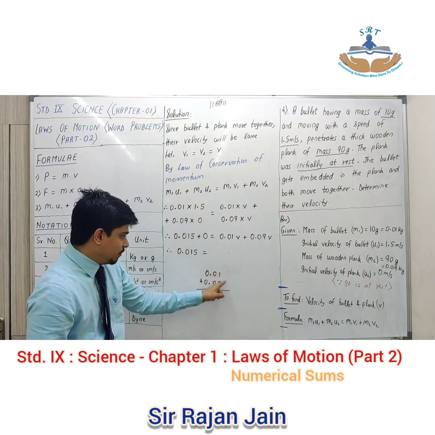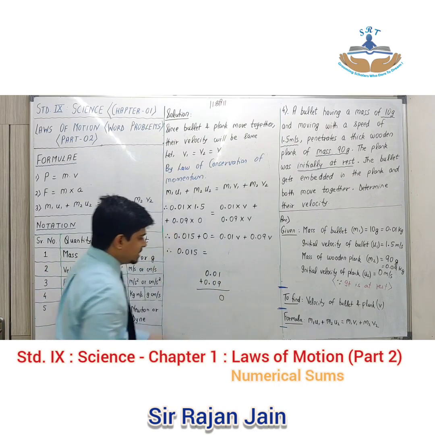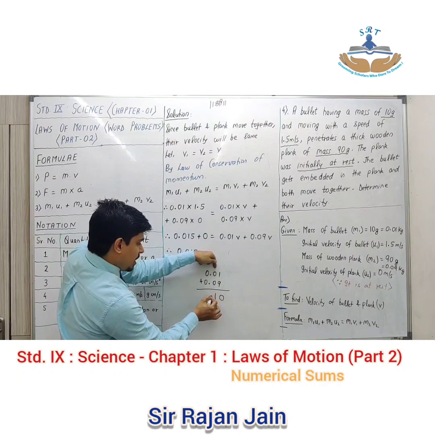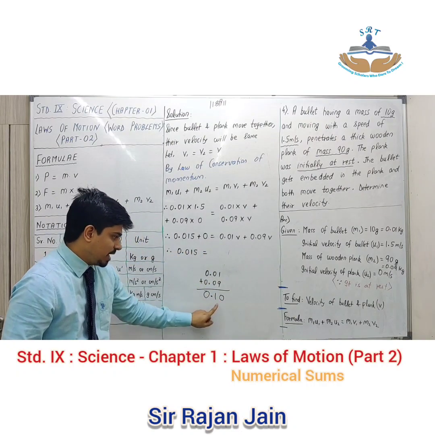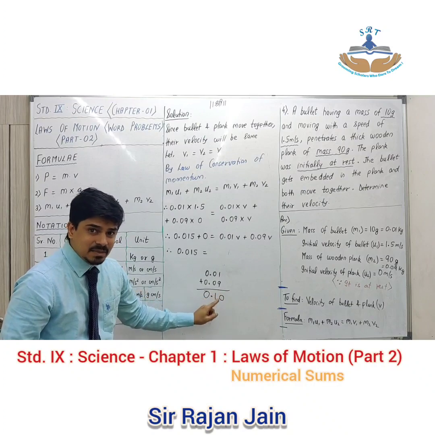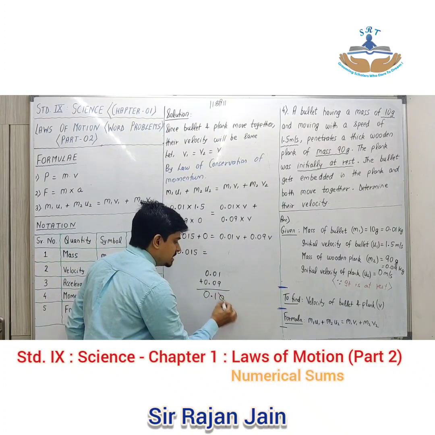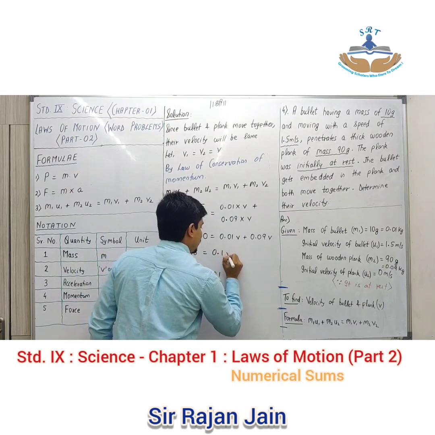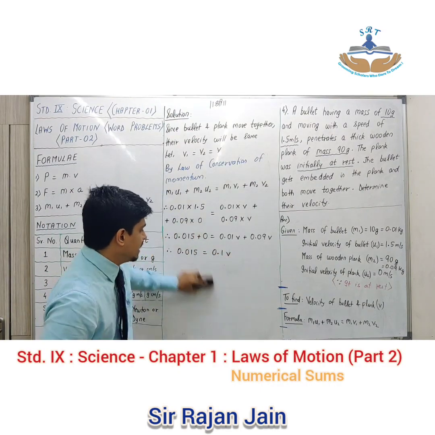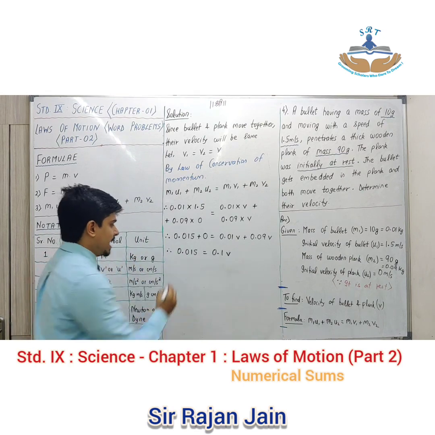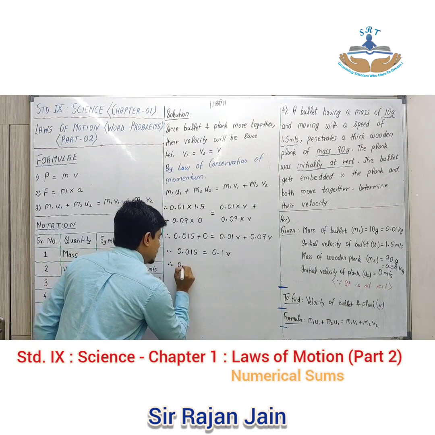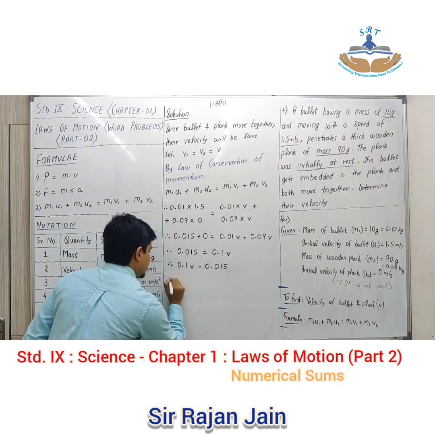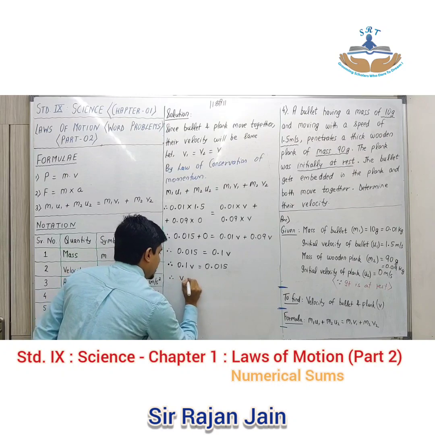If I add it, 1 plus 9 will give you 10. I write 0. 1 is the carry over here. 1 0 0. It will be 1.0. Understood? So my answer becomes 0.10. And whenever there is a decimal, the trailing 0 has no meaning. So I can write my answer as 0.1 V. Is that clear? Now my unknown quantity is on the right side. So first I reverse the equation. 0.1 V is equal to 0.015. Therefore, V is equal to